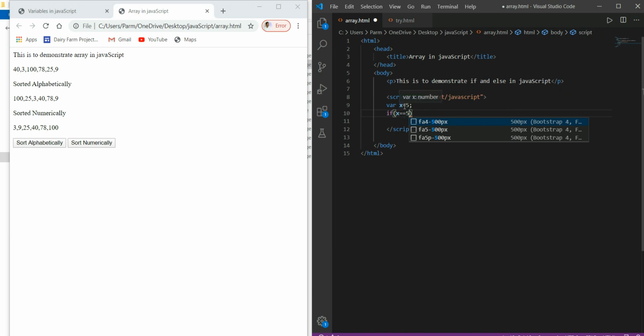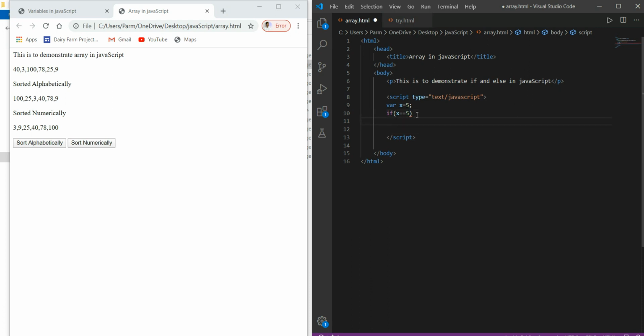Here this is working as the assignment operator, and here it is working as the equal to operator, comparing the values at the two ends.